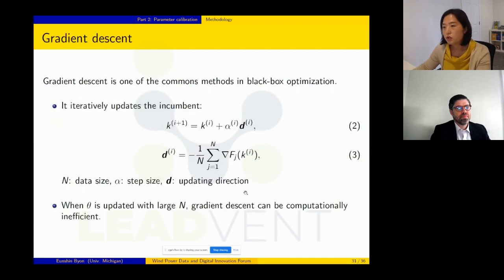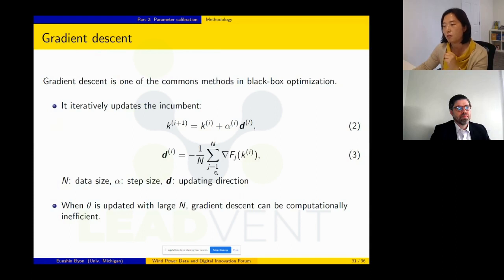And in nonlinear optimization, one of the most popularly used methods is gradient descent, which is, we can have an initial guess of a good K, and then based on data, we can update this K to minimize the difference between the Jensen's model output and actual power output. And there is some iterative procedure to reduce the difference. And I'm going to skip the detail, but the problem is when we use gradient descent, it